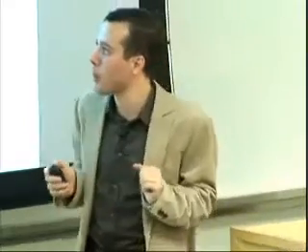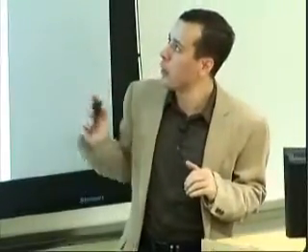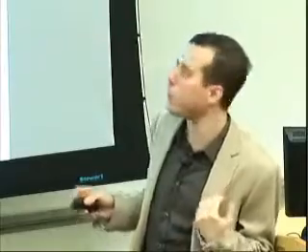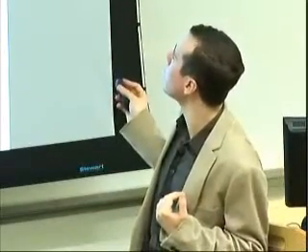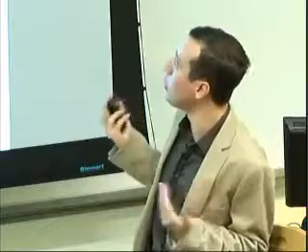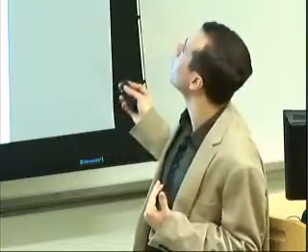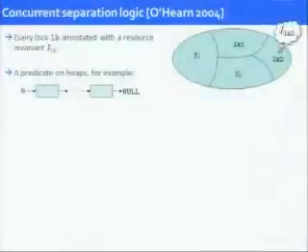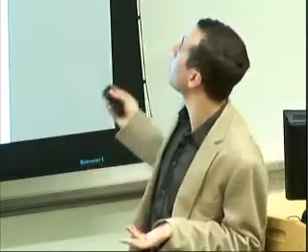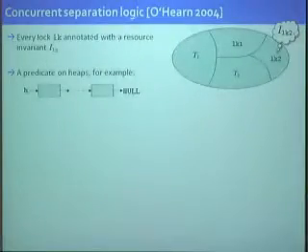OK, now the way we reason about this picture evolving in time is we associate, as a part of a proof of our program, with every lock a resource invariant, I of LK, that tells me what the part of the heap protected by the lock looks like during the program's execution, in the cases where the lock is free. So for example, this is just a predicate on heaps. For example, it might say that the lock protects a single linked list starting from the variable head. So this means that this partition looks like this when the lock is free.